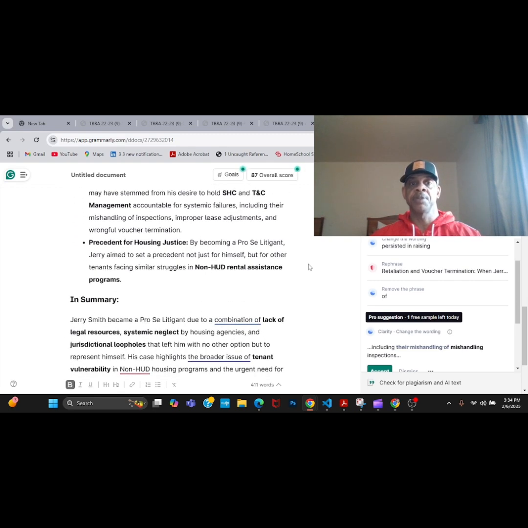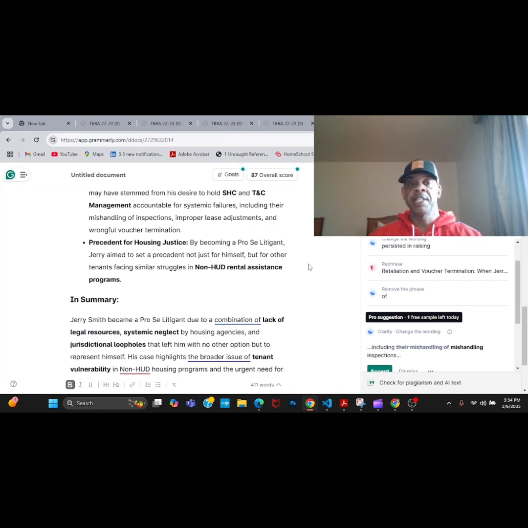Now, this case will set precedents for housing justice, because by me becoming a pro se litigant, my aim is to set a precedent not just for myself, but for other tenants facing similar struggles in non-HUD tenant-based rental agreement contracts and rental assistance programs, and that's over 2.3 million people across the country.